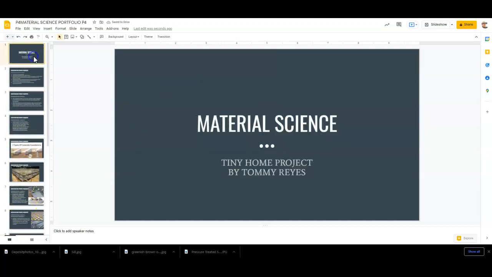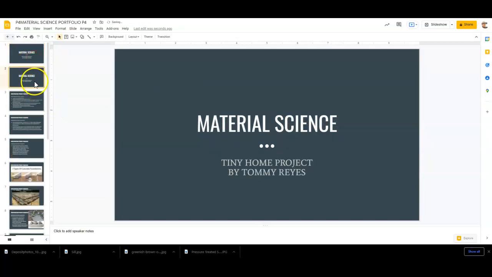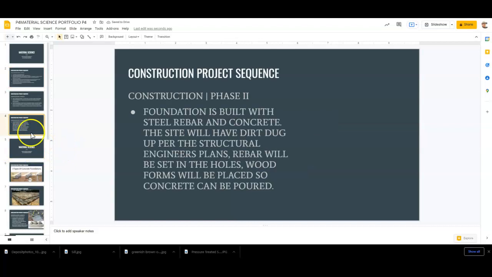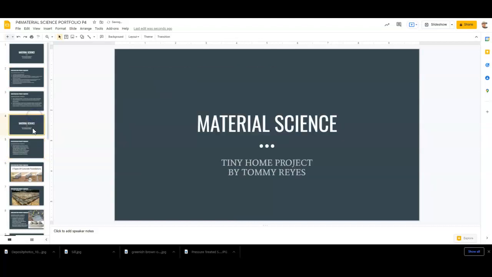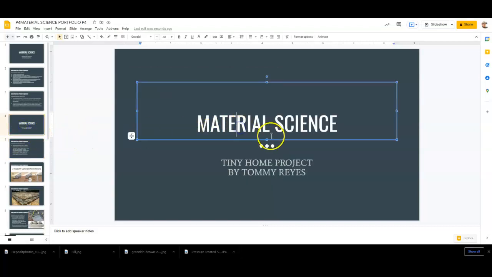We can probably make... Let's duplicate this slide and go down here. And I would definitely add